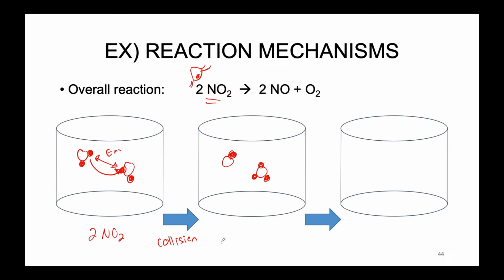Now we are left with NO and NO3. We can see that one of these NOs is one of our desired products. Yay, we have one of our products already. And so the second step of this reaction that we've been able to theoretically gather is that this